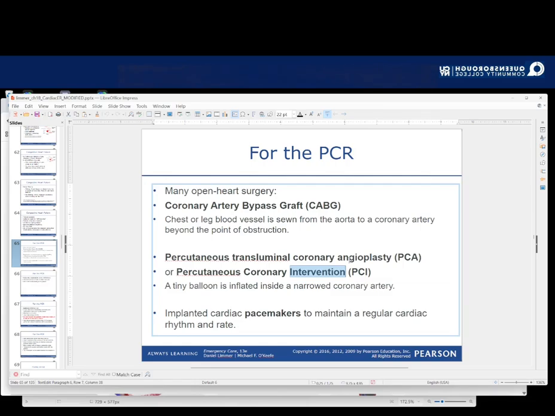a cardiac surgeon works with a radiologist, or sometimes it's the same person, called an interventional radiologist. They use x-rays to see what they're doing, and then they insert a tube up the patient's femoral artery, snake it up and over the aorta into a coronary artery, and then using the x-ray machine as a screen of where they are, they actually fix it. They fix that artery. Usually they put a balloon in to expand it, and then they take the balloon out. Sometimes they put in a stent, which is